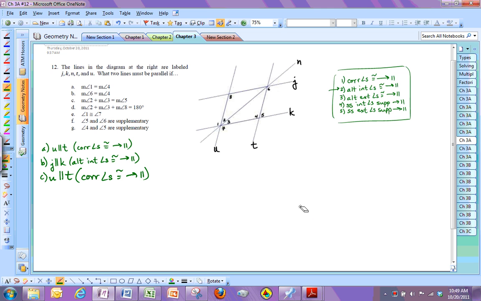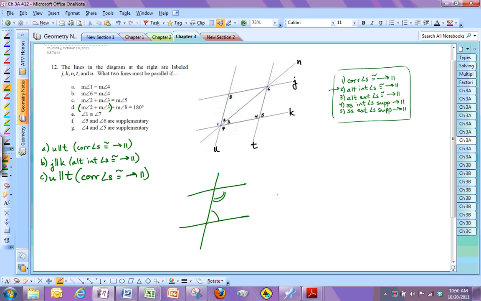Okay. Next one, 2 plus 3 plus 8 equals 180. Well, let's look at it this way. 2 plus 3 put together again. 2 plus 3 and 8 adds up to 180. So if I trace out the three lines that form those, 2 and 3 together uses line K and line U. And angle 8 is formed by J and the same U. So now if I move these over,